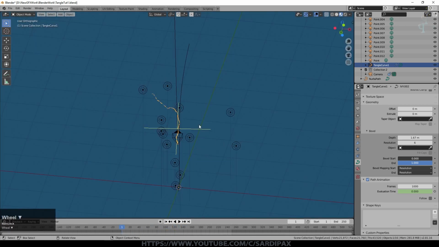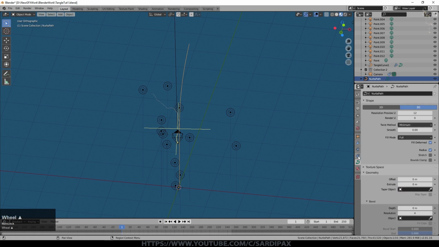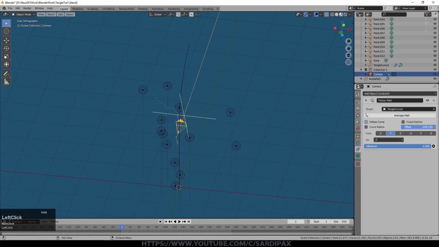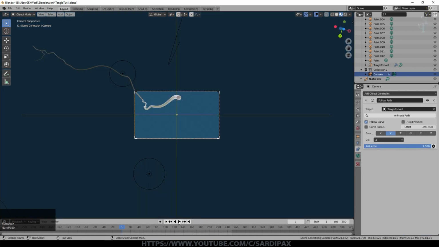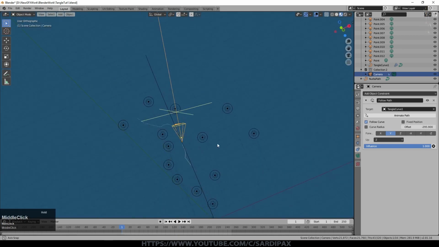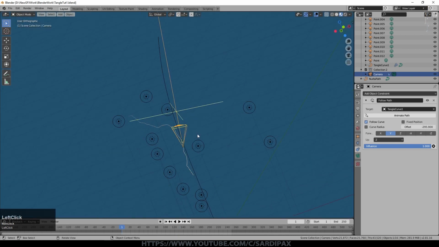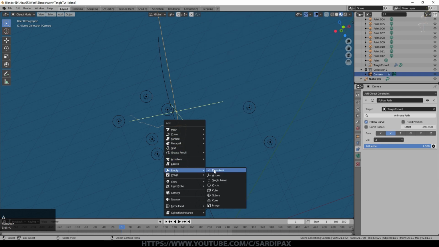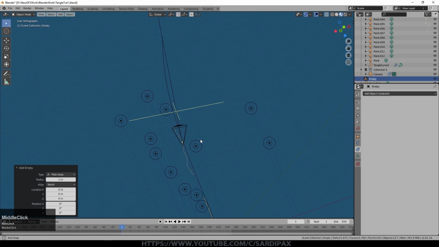And we may want to go to our camera and now put an offset on it just to get it through perhaps the beginning. And you can see how it's moving around. So that's interesting, and that might be what we want. But what I ended up doing, just to give me a little bit more control over it, was I added an empty. So an empty is just a shape that never renders. It's just something we can use to control other things.